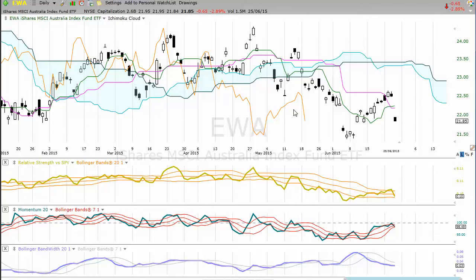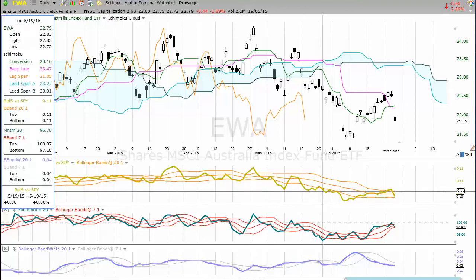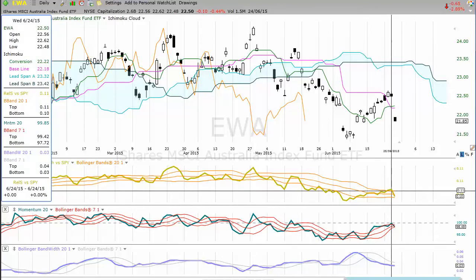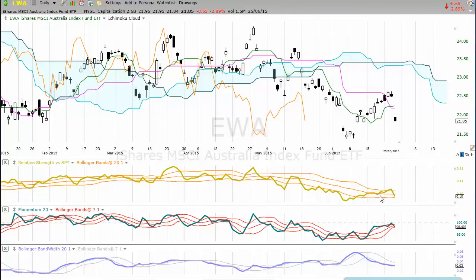So firstly, looking at the Australian equity index fund, EWA is the code of the ETF, and here we see very weak trading down below each of the Ichimoku indicators, quite a large gap down over the last couple of days, giving us a bearish market in all three timeframes. Very solidly underperforming the US equities markets, except over the last couple of days prior to today's trading. We did see some improvement, but then some further deterioration for today, so that's not the one we should be